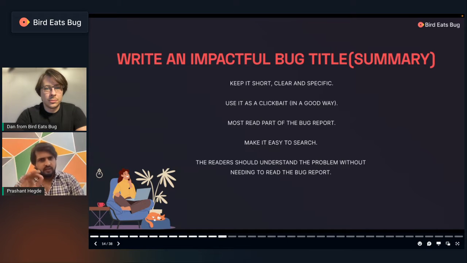The first point is keep it short, clear, specific. And I always say use it as clickbait. Don't get me wrong here. Clickbait has got a lot of negative reputation because it has deceptive content, right? It has a killer title, but when you really open the link, there is no substantial or good content in that link. But when the content does justify the title, it's always good to have a killer title,